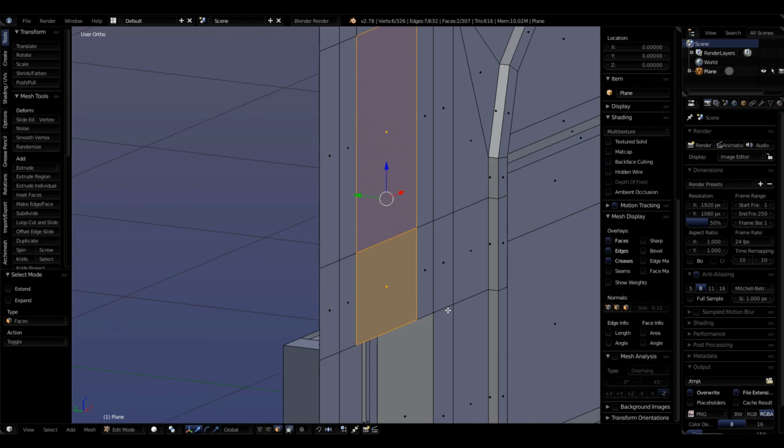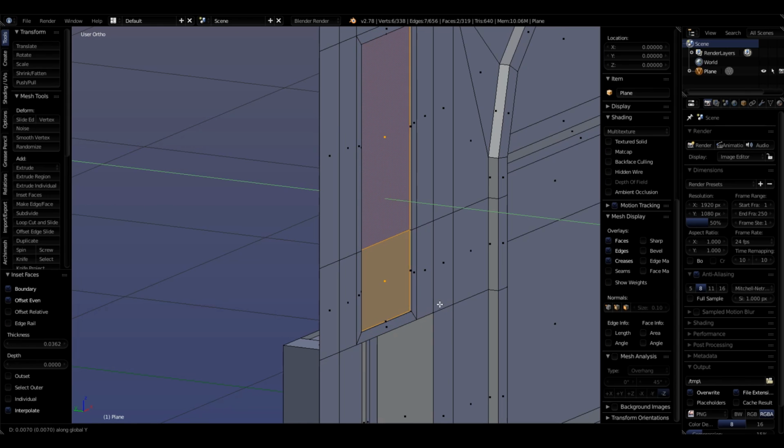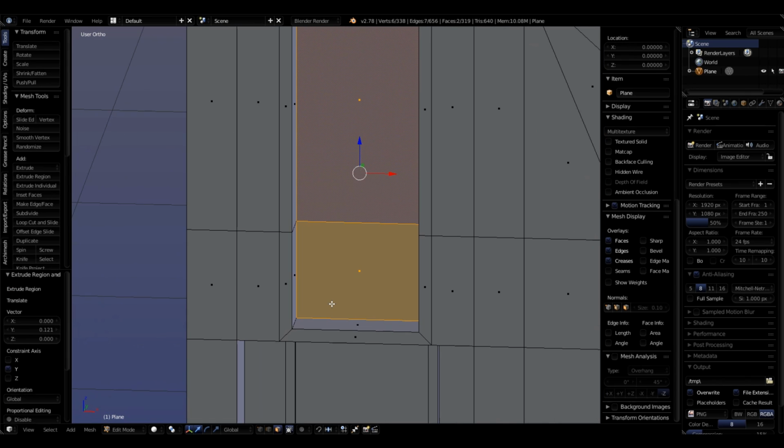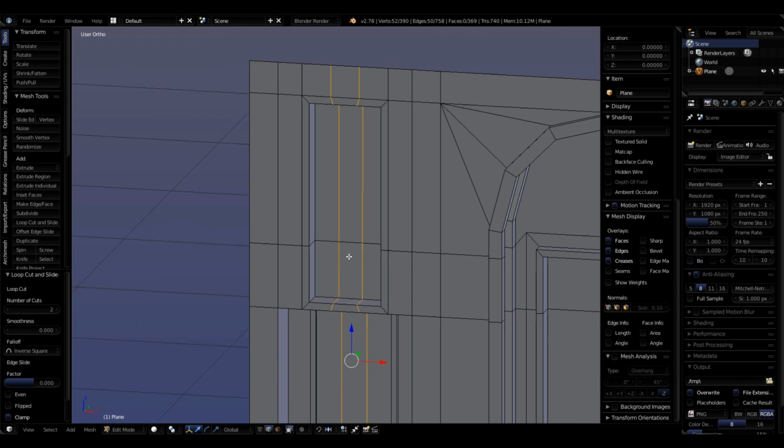Let's go ahead and inset those and extrude on the Y inward to about there. Put in our 2 edge loops, and we do want them to be,